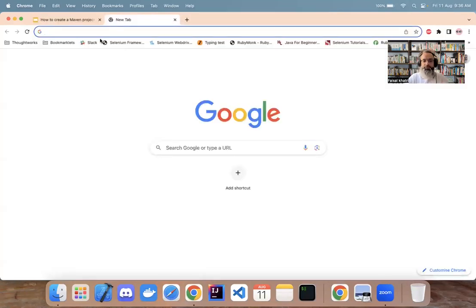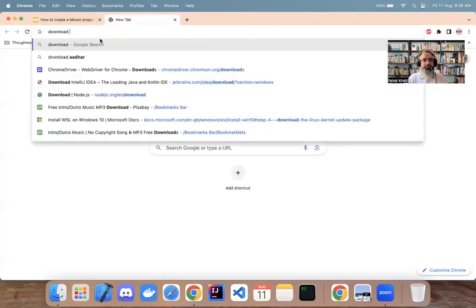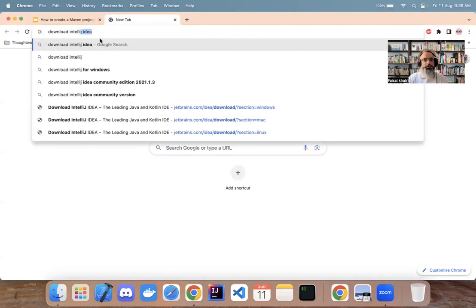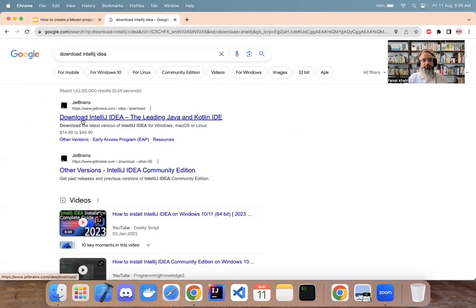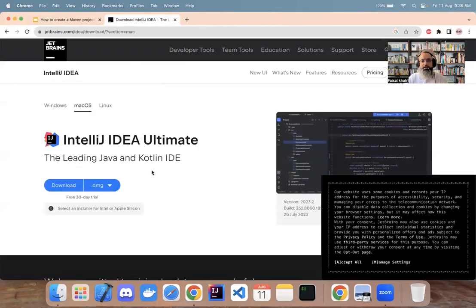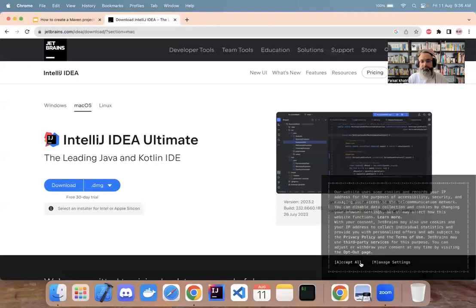So first, we'll have to download IntelliJ. So let's navigate to the official website of IntelliJ. We'll just type in download IntelliJ idea in the Google. And the first link that is the official link from JetBrains, we'll click on this link here. As you come on this link,